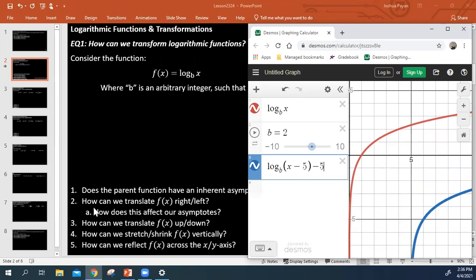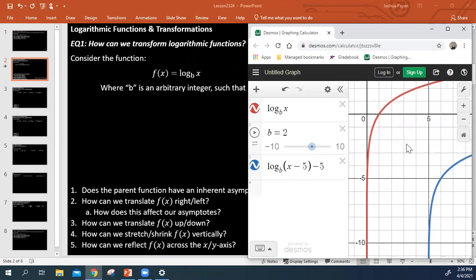Oh, before I get ahead of myself. When I was translating right or left, how did that affect my asymptote, right? Your horizontal shift is going to be indicative of where your asymptote lies, right? That's important. That's a huge difference between log functions and exponential functions, right? Exponential functions, their asymptotes were according to their vertical shift, up or down, right? Logarithmic functions, the key difference there is in their shift right or left because they have vertical